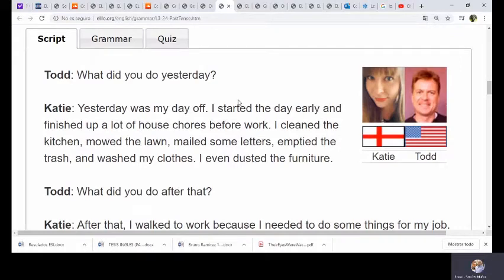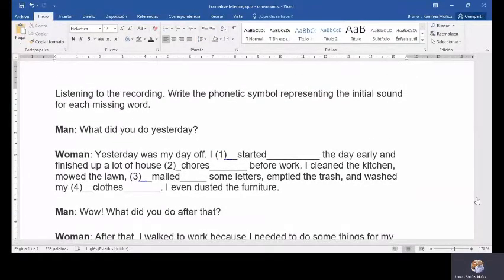Okay, here it is. So actually, I'm going to share with you this file, okay? So as you can see here, this is a